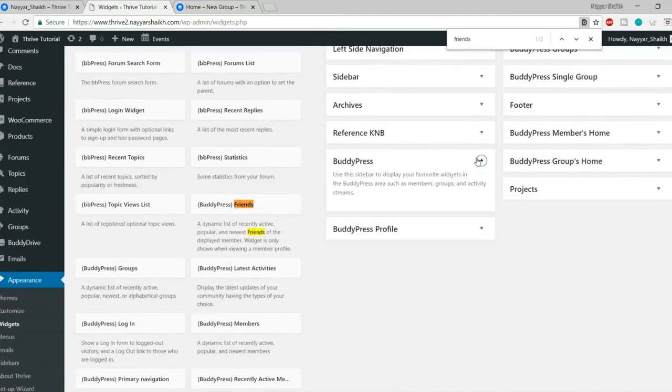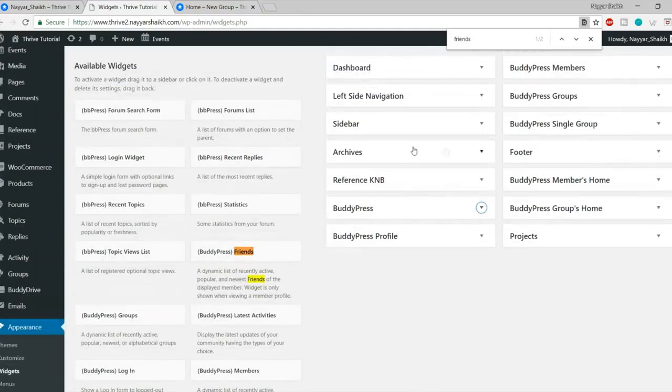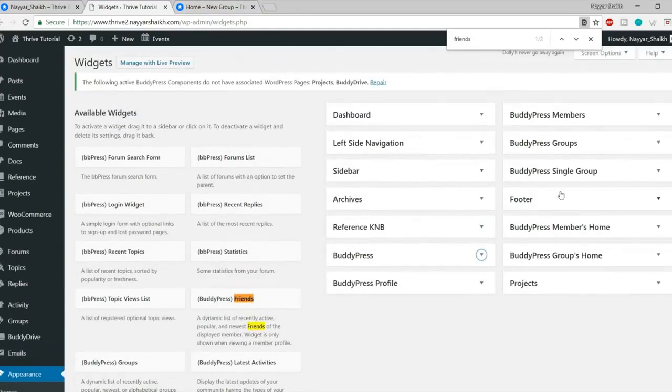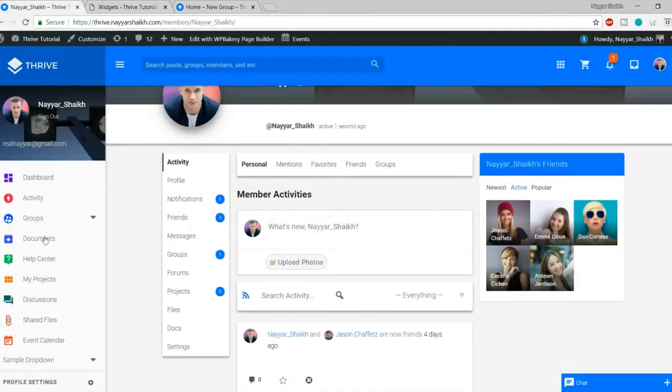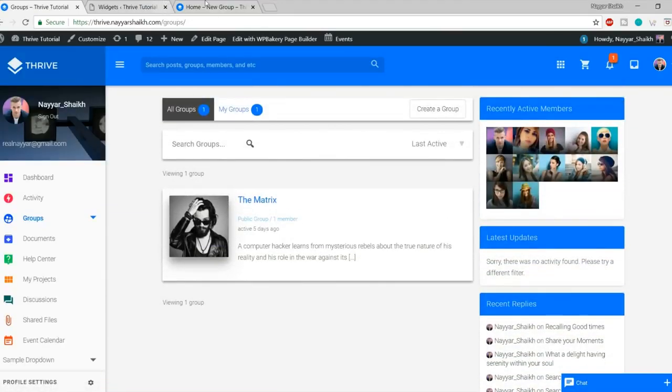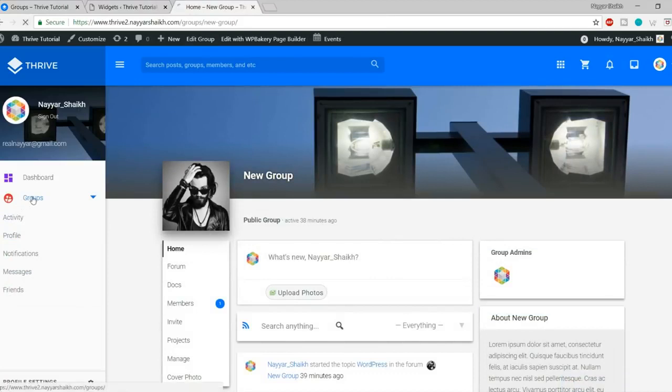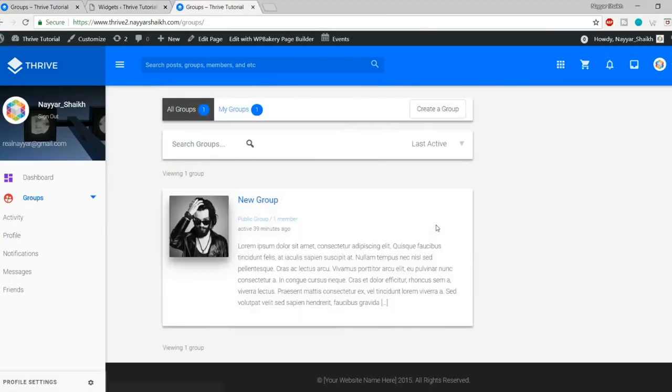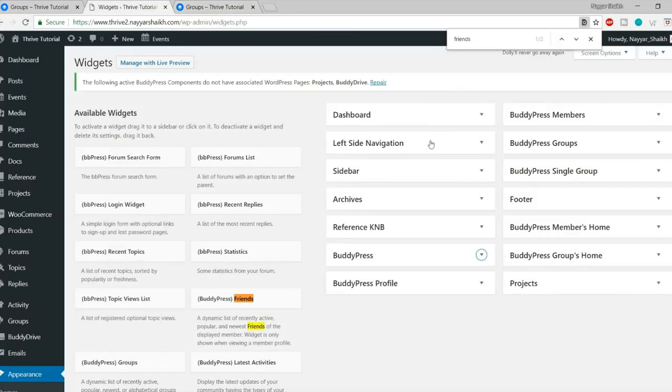For example, for the BuddyPress main page, the archive page, and the footer option, we can do it over here. BuddyPress members home, BuddyPress groups home. For example, when you click on these groups, you have a different thing over here. Not here, this is our demo website. Click on groups. You don't have anything in the sidebar. So if you want to add something in the sidebar for this groups home page, you can add it under